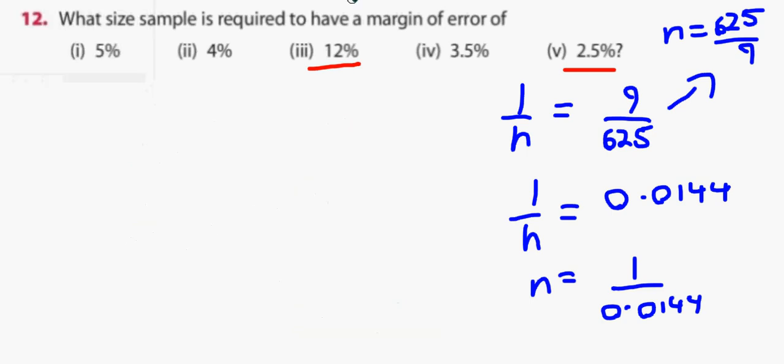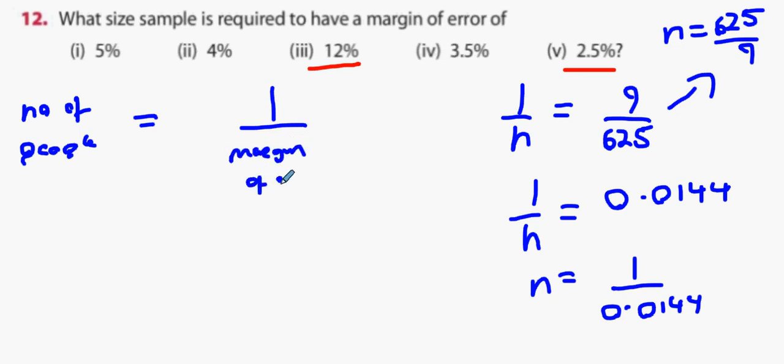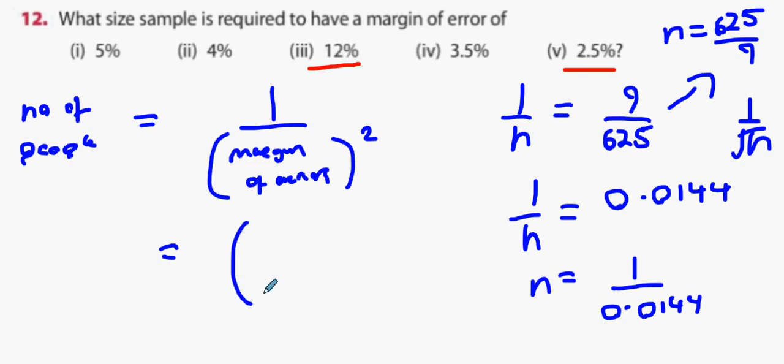Streamlined this stage. What you guys are saying is number of people equals 1 divided by margin of error squared. You're entitled to write that down in your log tables and learn it off by heart for your leaving cert. I don't mind. Whatever you want. Because the 1 over root n, you're going to struggle to find that in the papers as well, so you might as well just learn that off if that's the case. So, what you're going to get here, guys, is in this case, it's going to be 1 divided by 0.025 squared. That's a very small margin of error, so I'd imagine that it'd be,